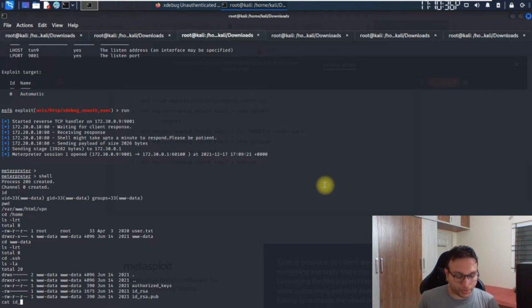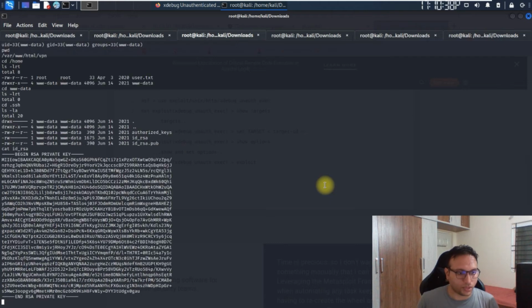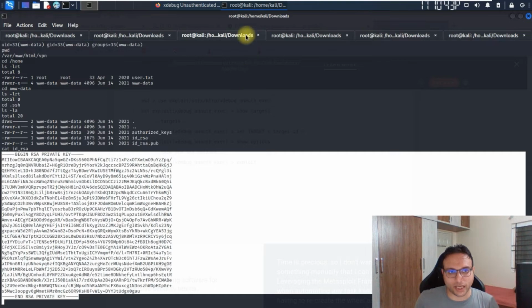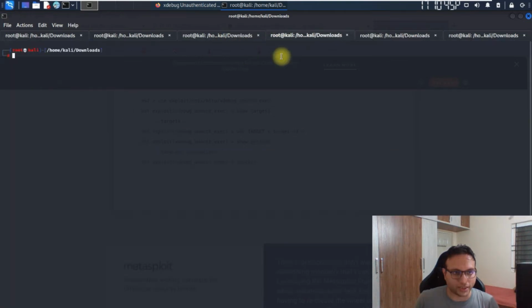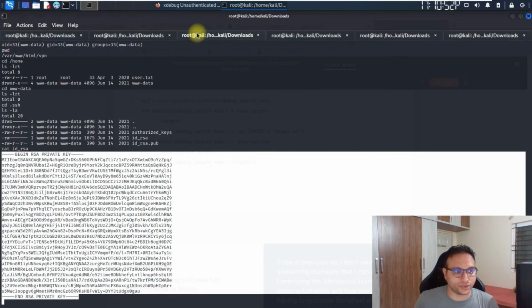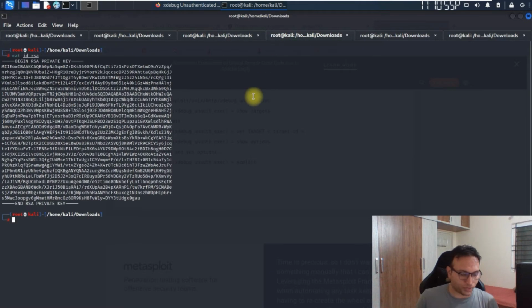Okay, so now we'll simply have to access the private key, and I can see this is a private key. I simply have to copy this. I have already copied it on my system, but I have to do it once again. I'll validate whether it's the same file or not, whichever content I'm getting. Yeah, it's exactly the same. Okay, we'll change the permission on id_rsa and try to access this file, by which we can get the shell.